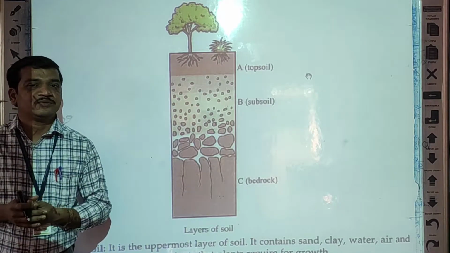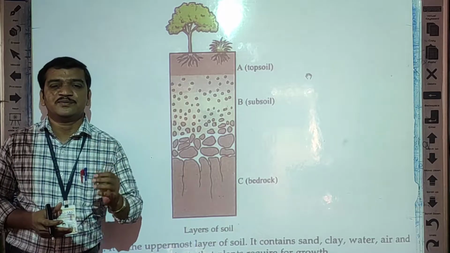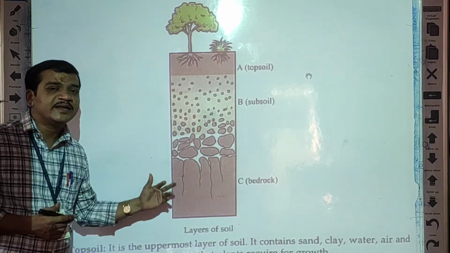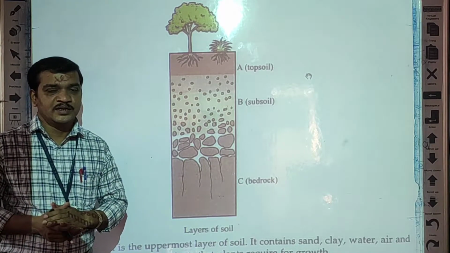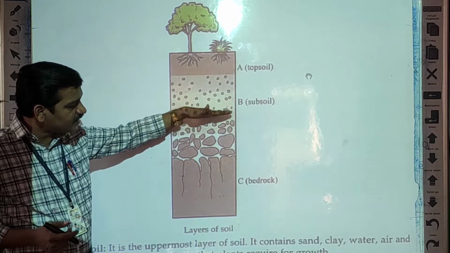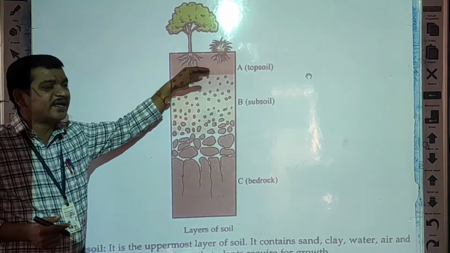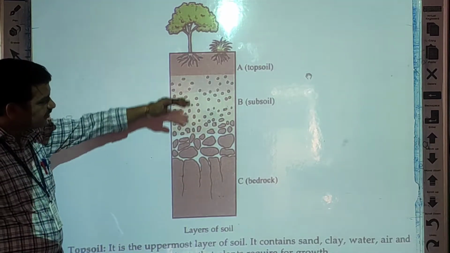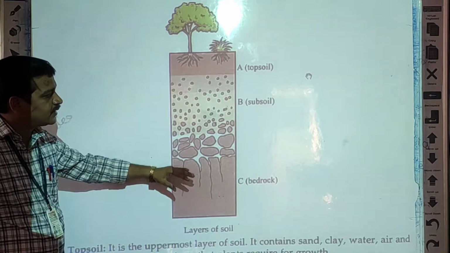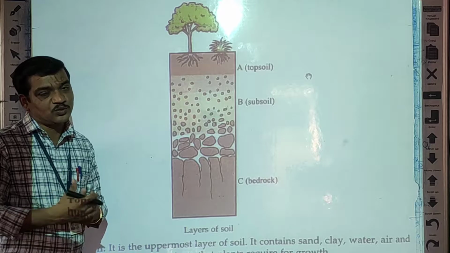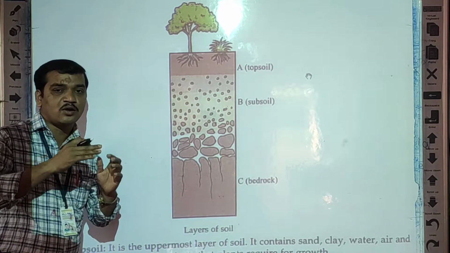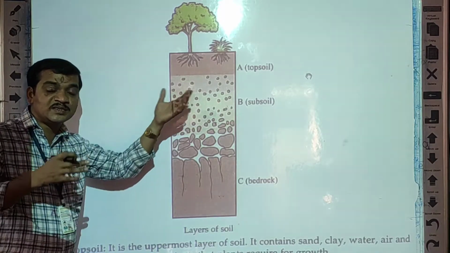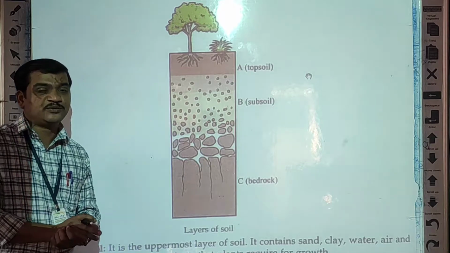In the previous video, we already learned about the different types of soils. Now today, we are going to learn the layers of the soils. Layers, can you see here layers? First layer, second layer, third layer. These layers are also called horizons, students. So today we are going to learn the different layers of soil and the composition of that soil also. Different layers, how they are composed, what things are present or what things consist of those layers of the soil. That we are going to learn.